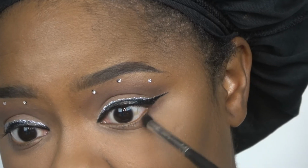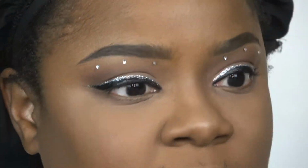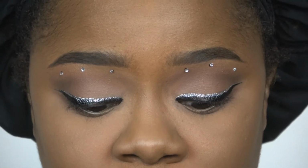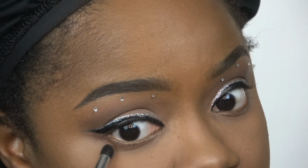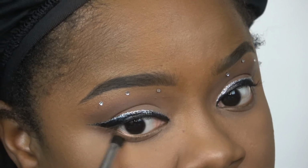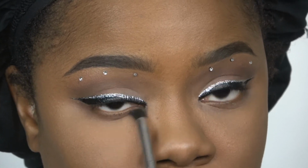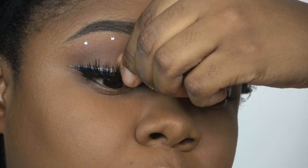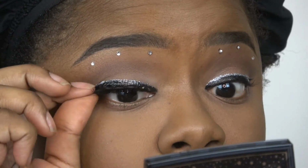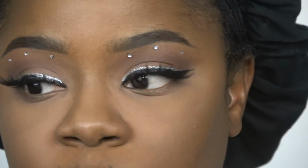Yeah, I just realized I didn't put on any lashes. Girl, top lashes. Well, luckily I'm already zoomed in. And now I'm going back to the Sarahi palette, and I'm using that shade Freckles. Putting that right underneath this dark shade right here, just to blend it out and make it look smooth. And I'm also gonna bring that into the inside. And I'm gonna be using the Colourpop Mami lashes. So I'm gonna put some bottom mascara on, and then we're gonna pop these bottom lashes on